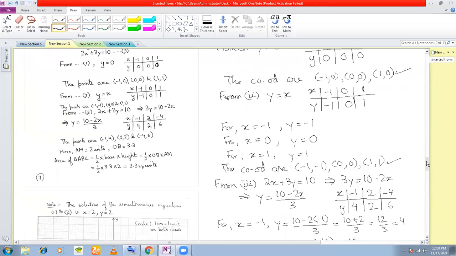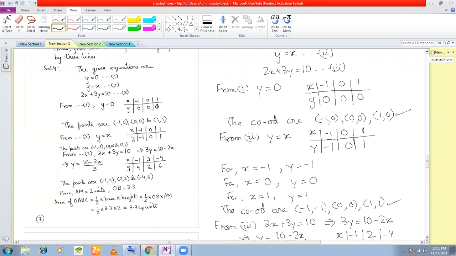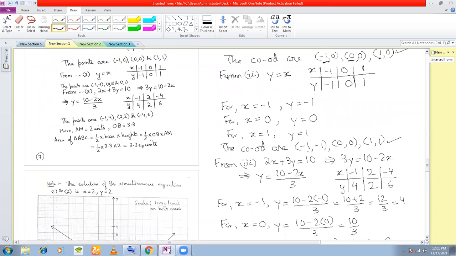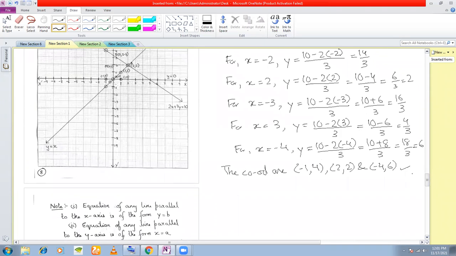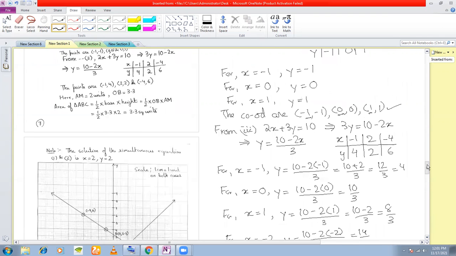Look at all the x coordinates of all the points. You have -1, here you have -1, here you have 0, 1. So this is within our range in the x-axis. Look at this, -1, 0, 1. This is also within our range, right? Now look at these. You have -1, 2, and -4. So x-axis runs from 1 to 4, right? The minimum value is 0 and the maximum value is 4 or -4, right? So from 1 to 4 you can plot. So this is okay.